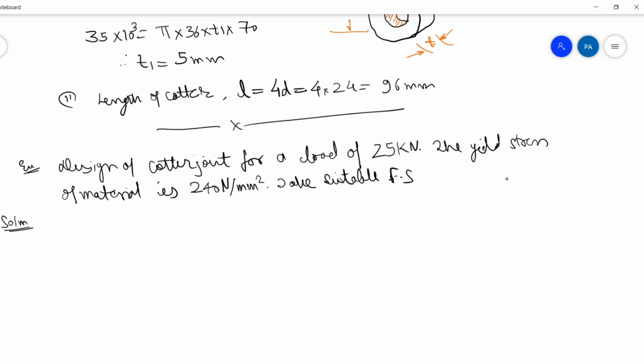There is no need to find the material because already the material is given and the yield stress of the material is given. But then they have written select suitable factor of safety. So how will we solve this? So first I will write,